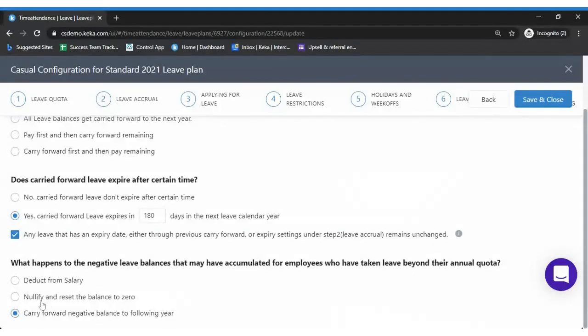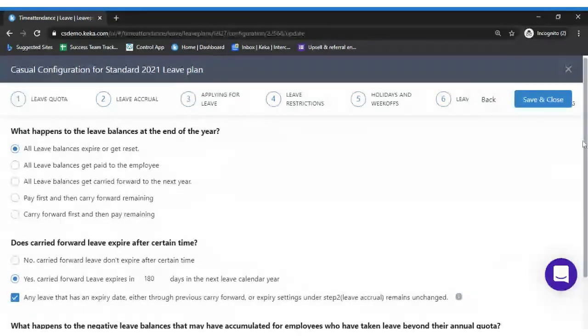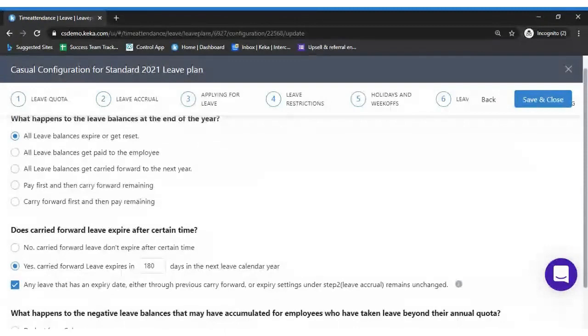I've seen that in most cases the setting is nullify and reset the balance to 0, as most organizations don't allow employees to take leave when there is no balance in their kitty.